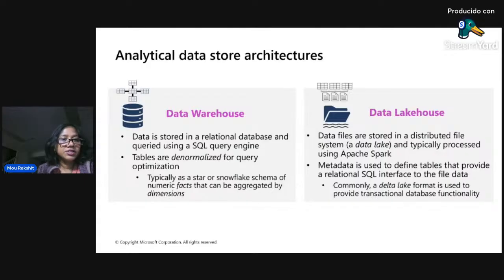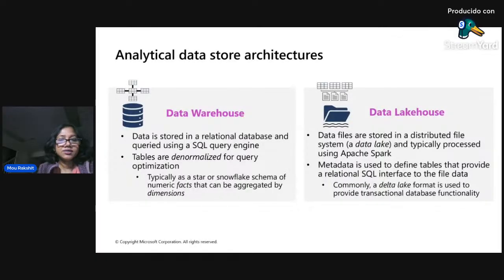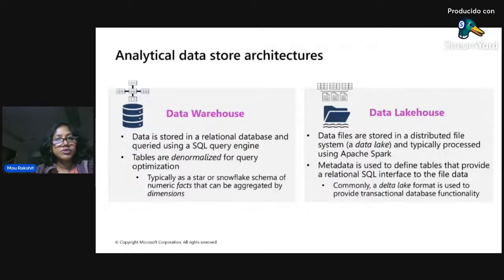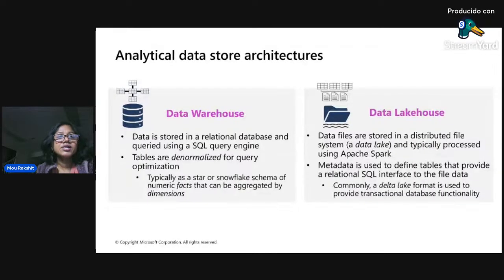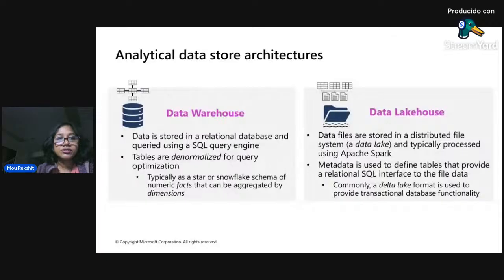For query optimization, it could be a star schema, which looks like a star. In the center is the fact table. All the other dimensions are going to be connected to the fact through a link, which is a primary key foreign key relationship. Even though we don't enforce that relationship in data warehouses, that is how the model will look, so that you can slice and dice the data and look into the facts based on different dimensions. So that is your data warehouse.